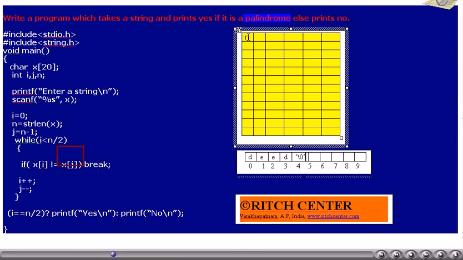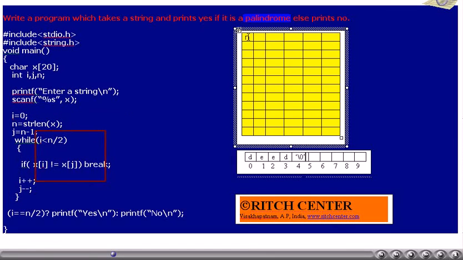As we propose to compare pairs of the string, that is, the first character and the last character, the second character and the last-but-one character, and so on, we propose to compare n by 2 pairs of the given string.